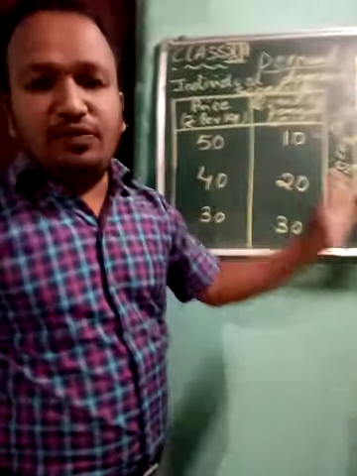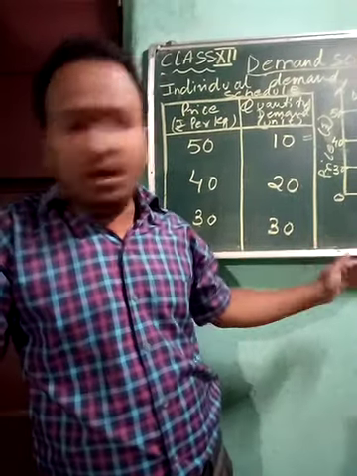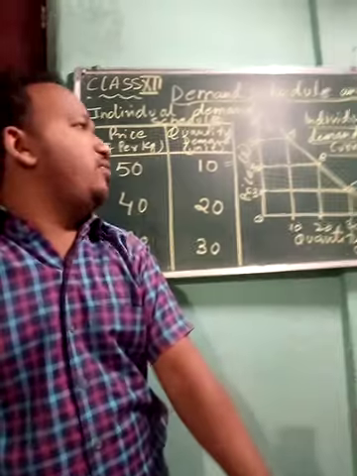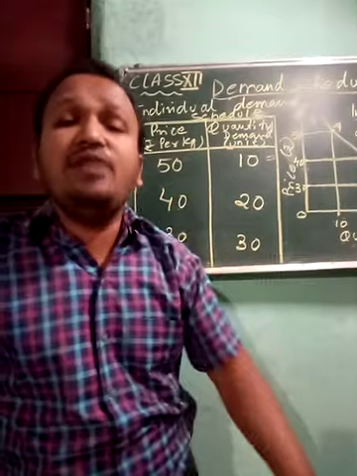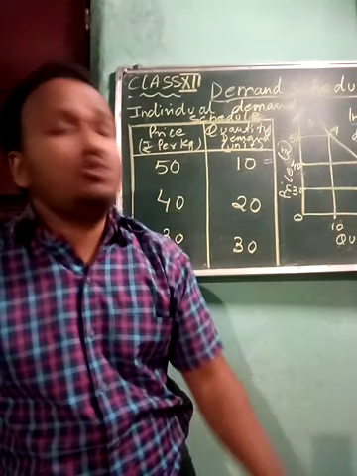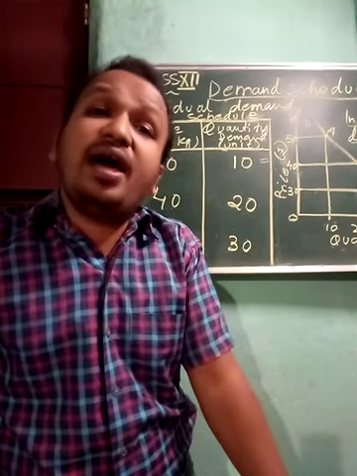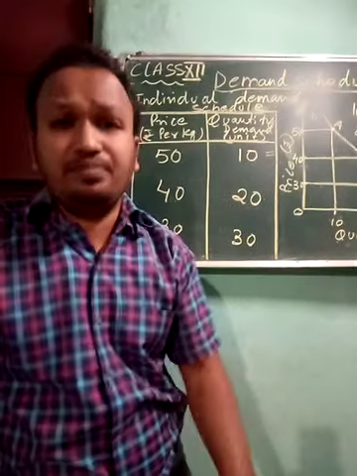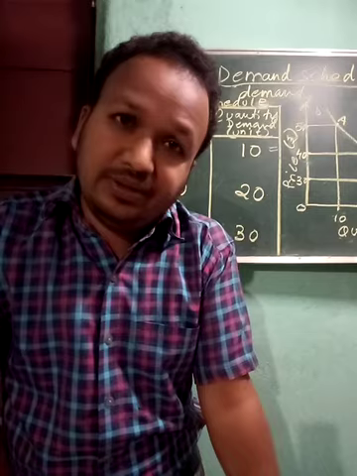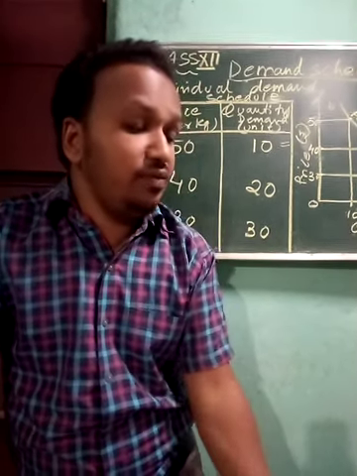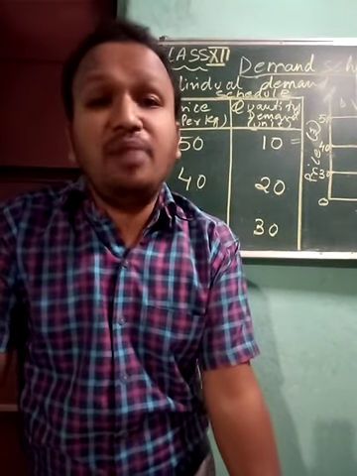This individual demand curve comes after preparation of the individual demand schedule, so it becomes very easy to make. In this way we can learn that when an individual goes to the market, he or she tries to demand the commodity according to the price given at that particular period of time. So they are following the law of demand. We have done with individual demand, and next we have the market demand schedule and market demand curve also.